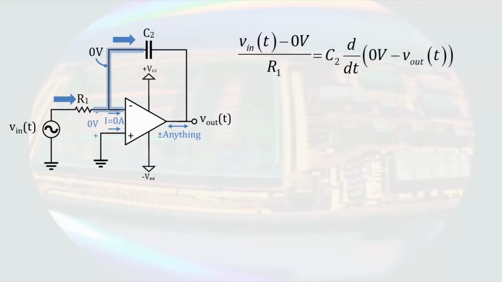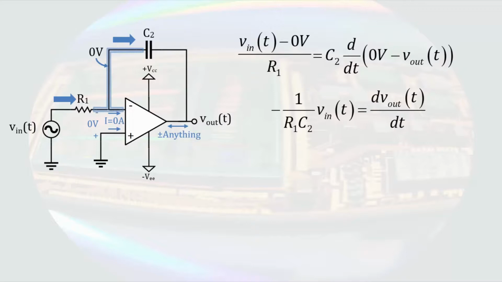Putting arrows in for the directions of our currents, the current through the input resistor is the input voltage minus 0 volts divided by the resistor. The current that leaves the node will be the capacitance times the derivative of 0 minus the output voltage. These are the only two currents at the node, so we can proceed by arranging the terms so that we